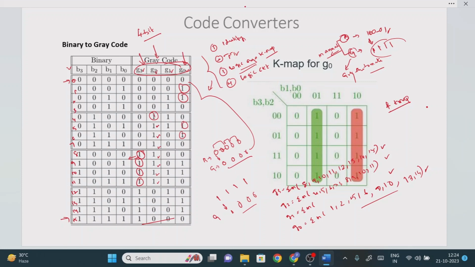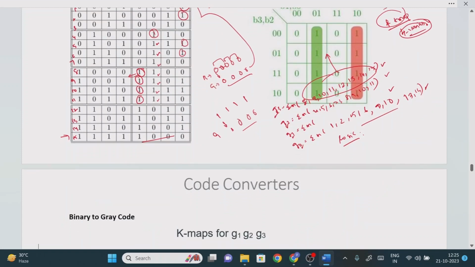Once it is done, next which variable K-map is required? So if you see how many inputs are there, 4, right? So it means that 4 input variable K-map is required. So we need to draw the 4 K-maps. Each K-map size is the 4 variable. So for G3 we need to find out the logic expression. The same way G2, G1, G0 also we need to find out the logic expression by plotting this SOP value into the K-map representation, right? So after finding that, you will be getting the logic expression. From the logic expression you can draw the logic circuit diagram.